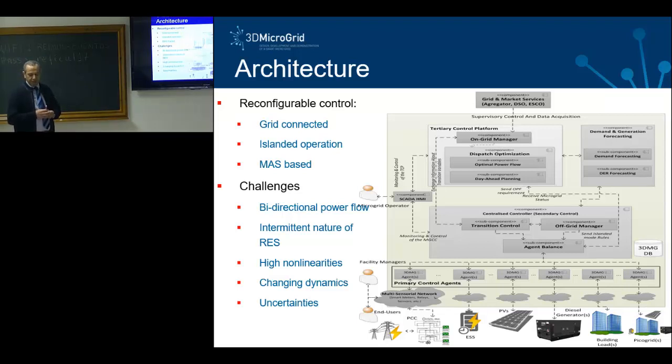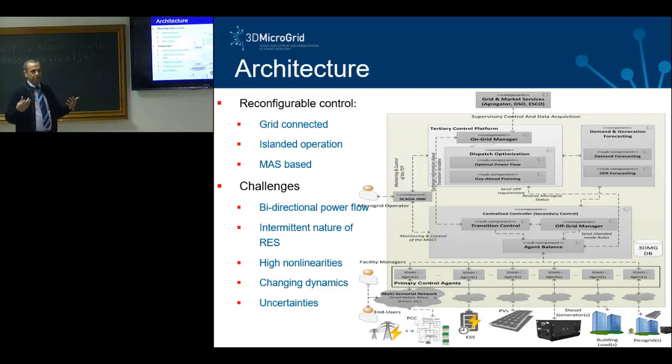It means that sometimes the macrogrid is connected to the grid, so this is grid connected, and sometimes it's isolated. This is an isolated control operation that you have to maintain. And in fact, everything is based on a multi-agent system. So you can see this is the diagram that shows we have